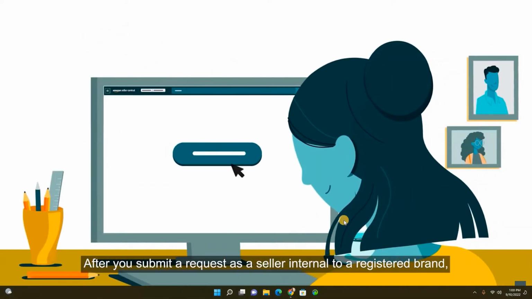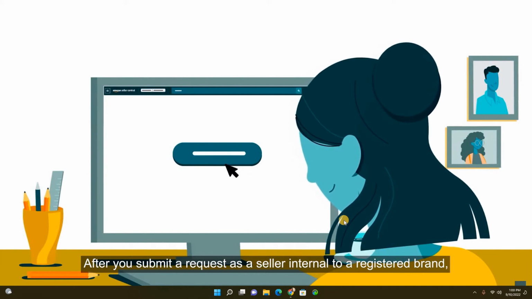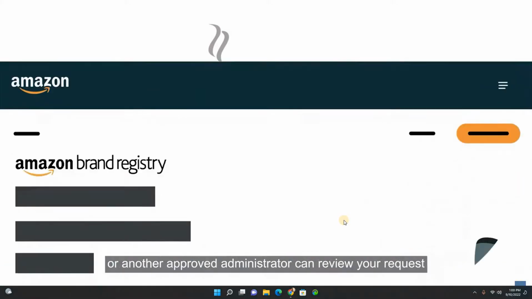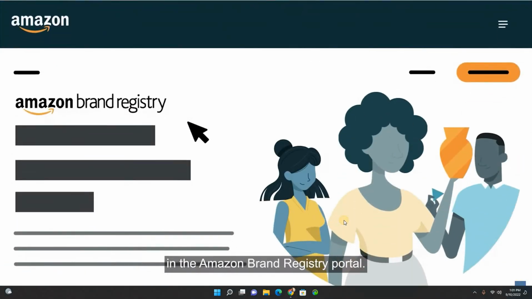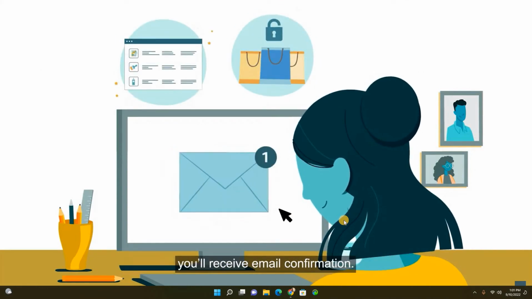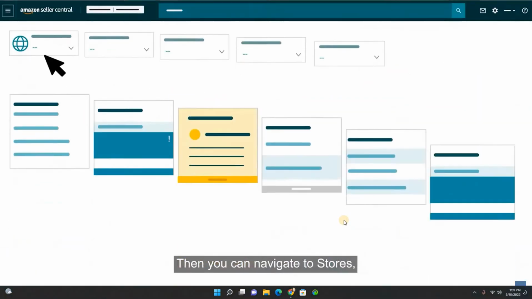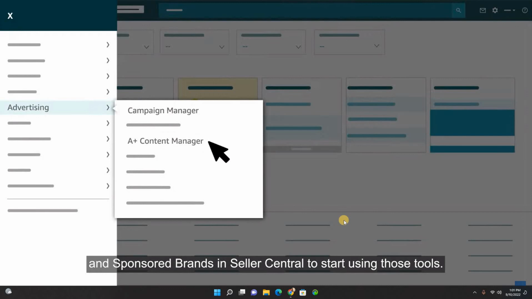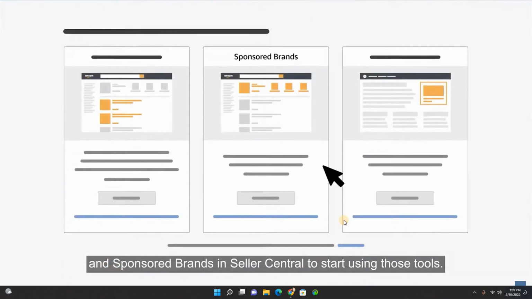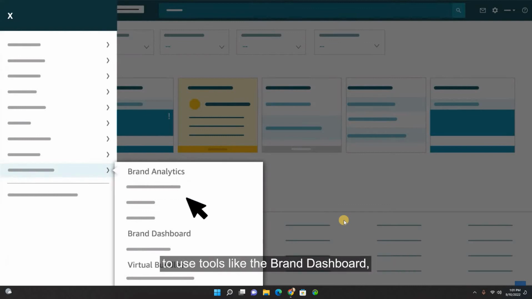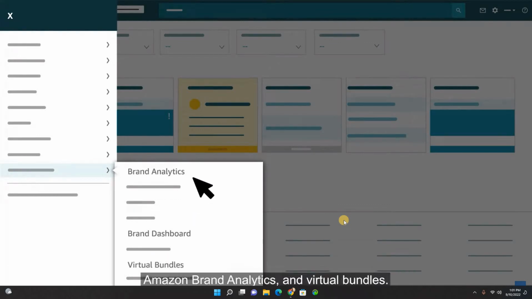After you submit a request as a seller internal to a registered brand, the original seller who enrolled the brand or another approved administrator can review your request in the Amazon Brand Registry portal. If they grant you listing privileges and selling benefits access, you'll receive email confirmation. Then you can navigate to Stores, A+ Content, and Sponsored Brands in Seller Central to start using those tools. Or navigate to the Brand section of the main menu to use tools like the Brand Dashboard, Amazon Brand Analytics,